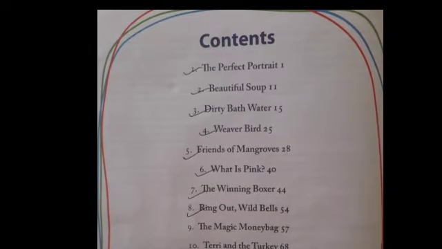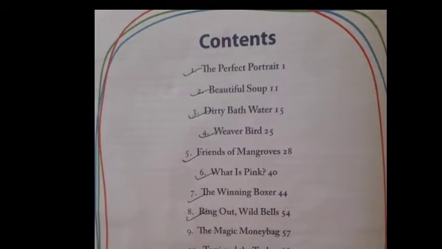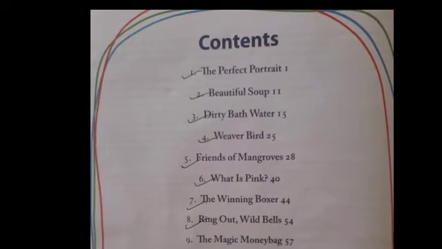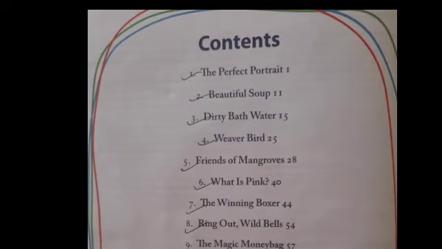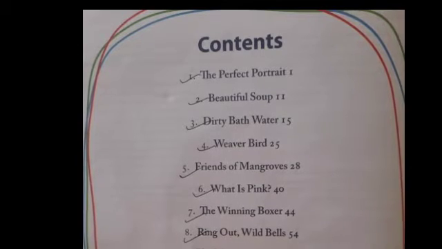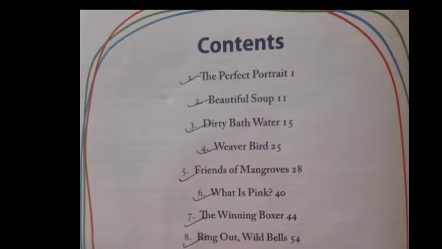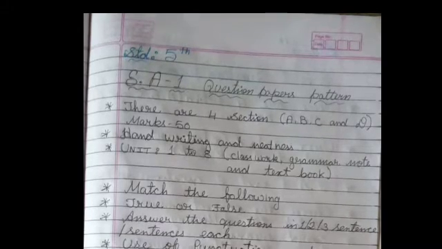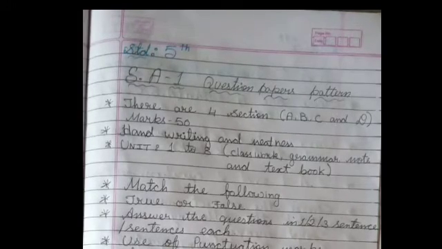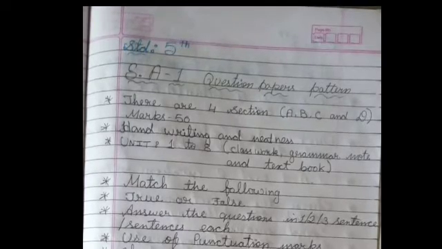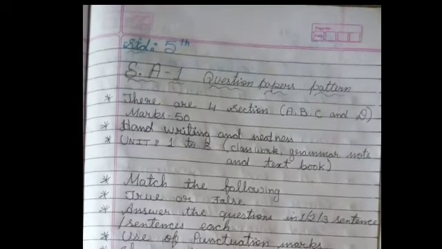Now, next I am going to explain the question paper pattern for Essay 1 or Summative Assessment 1 examination. So let's get started. There are 4 sections. I hope you can see in the FA2 papers A, B, C and D. Don't mix and write, children. After A part write B part, after B write C, then you go to D. A, B, C and D.